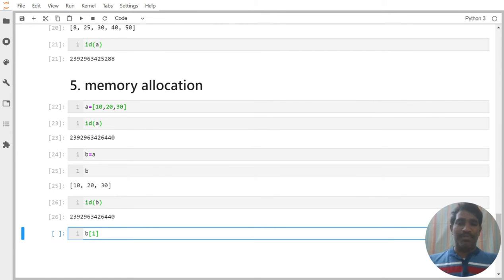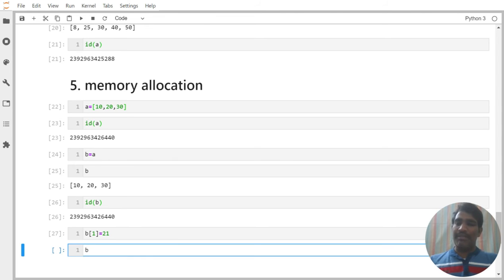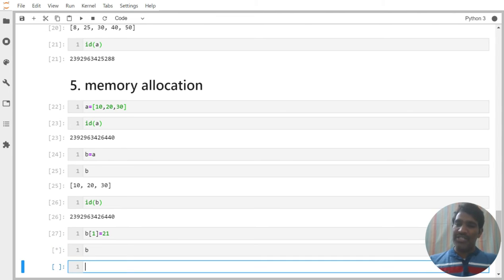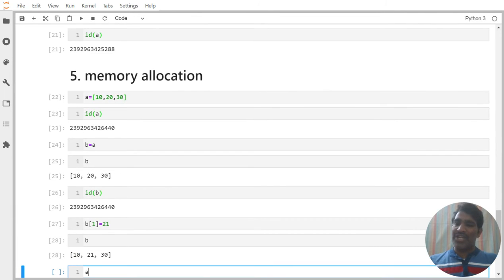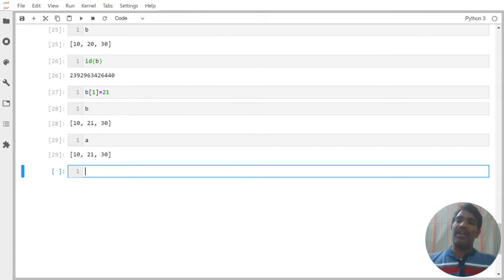For example, b of 1 is equal to 21. Now we can see b changed and also a changed, because both have the same memory location. If I don't want to change it, then what can I do?